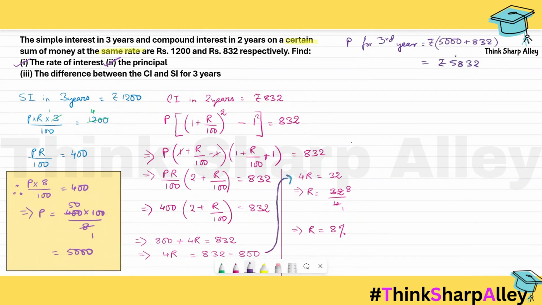Now on this amount, I'm going to find out my CI. So this we are calculating CI for the third year, right? This is the amount at the end of second year, which becomes principal for the third year, and this is how we are finding out CI. So I'll just multiply this by 8 and put a decimal before 2 digits, which is rupees. So therefore, CI in 3 years is basically 2 years CI plus CI of the third year, which is equal to